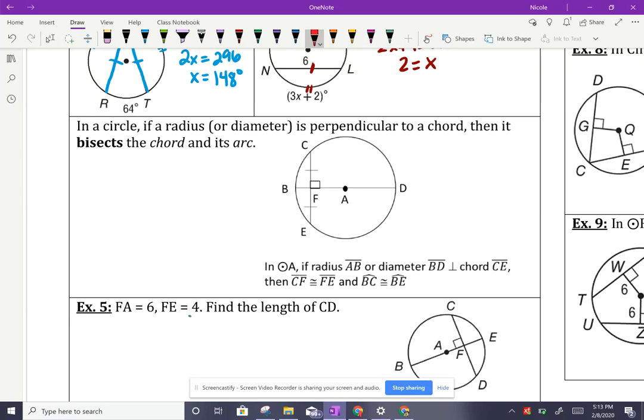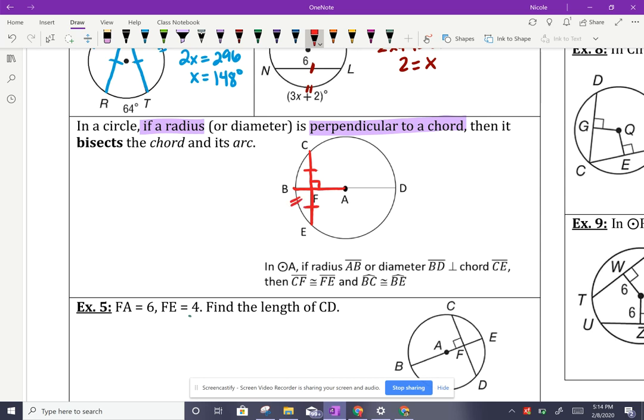Okay, so our next little piece of information says that in a circle, if a radius or diameter is perpendicular to a chord, so remember a chord, like CE is a chord here. It is touching two sides of the circle, and doesn't necessarily have to go through the center. But if a radius or diameter, which does go through the center, like BA here, cuts the chord at a perpendicular, so a right angle, then it is bisecting the chord, creating two congruent pieces of the chord,